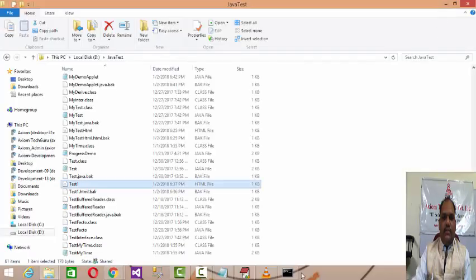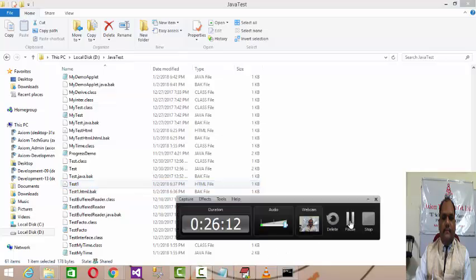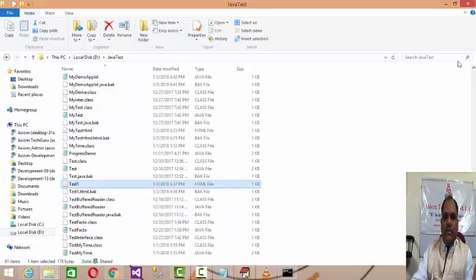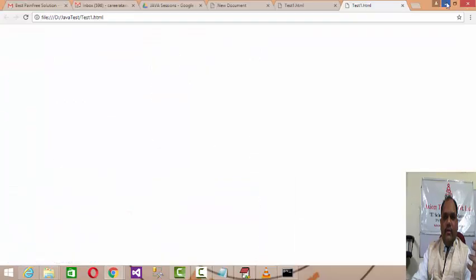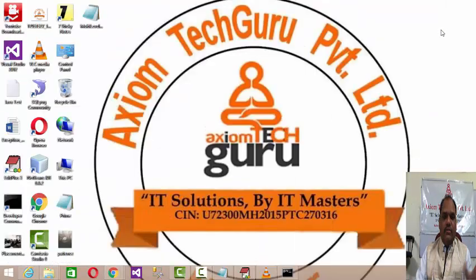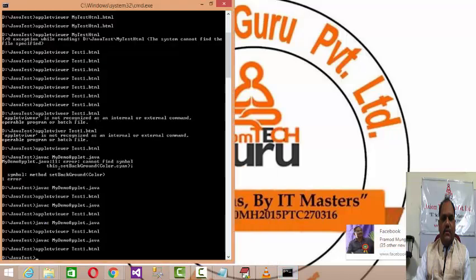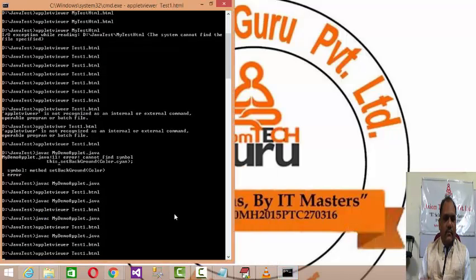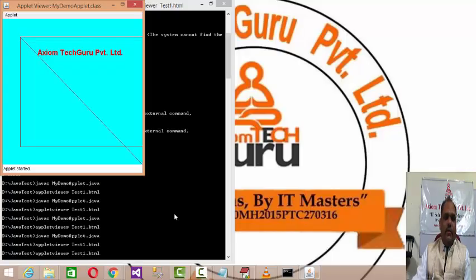So these are possible ways you can run the applet. To test the applet directly on the browser, you have to install the JVM software compatible with the browser, and look at the procedures there. Initially, instead of testing directly on the browser, a better idea is to test with the applet viewer only.